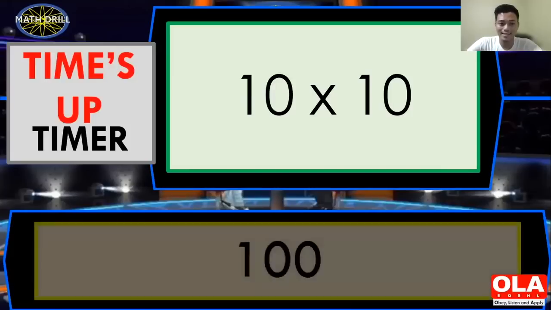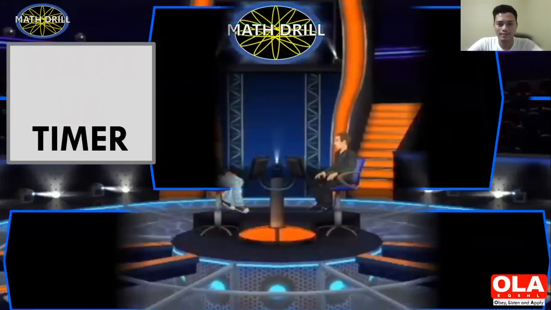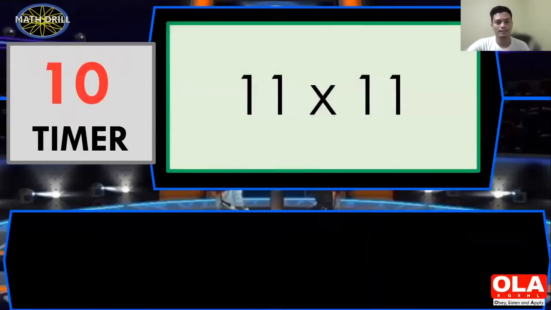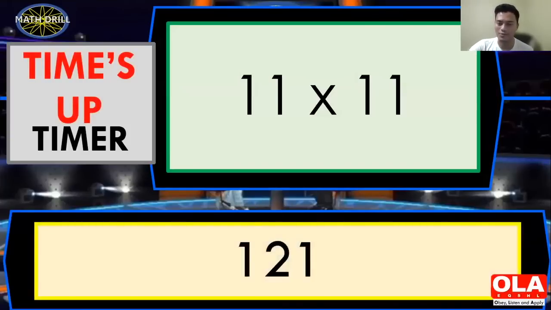Correct answer is 100. Next one. This will be our last item. Go. 11 times 11. So answer is 121. Okay, so I hope you got all of this multiplication problem correctly, because we will be